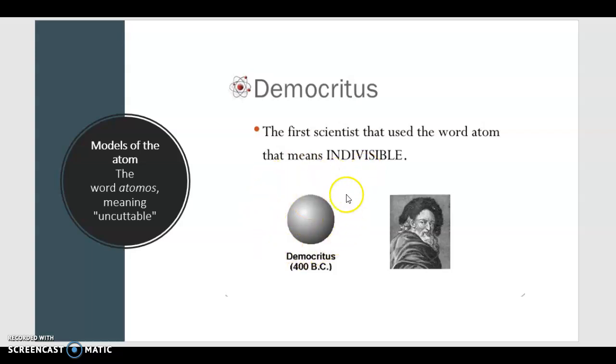And they thought of the atom as just a solid object like this. They said, once you get down to that smallest size, that's what it is. It's just a small chunk of that material, and it can't be made any smaller. They didn't think that there was other stuff inside of it that it was made of. They just thought it was a solid chunk of material,